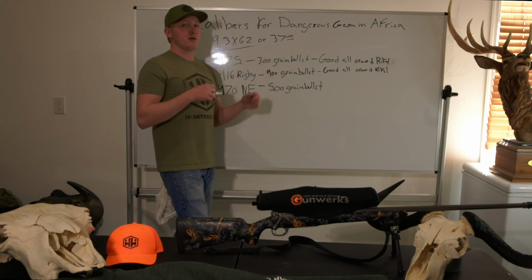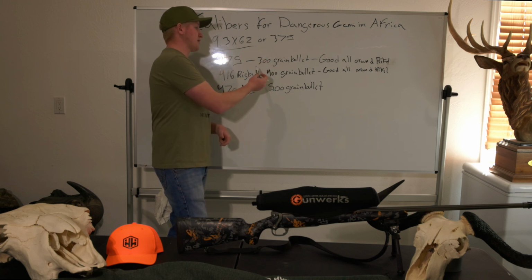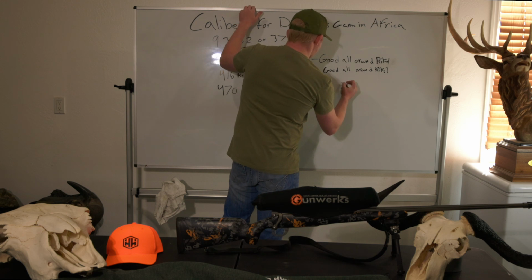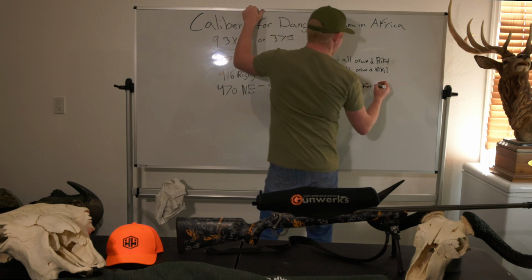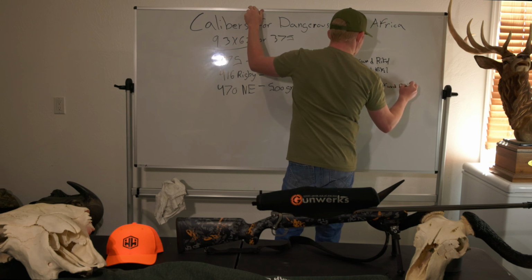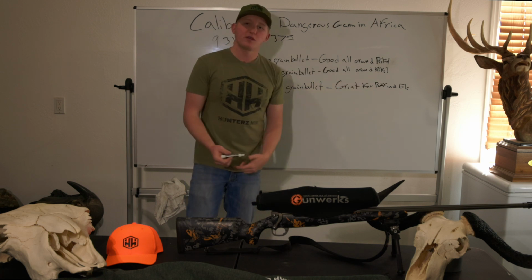A double's bam bam, both triggers right there, and you're also having a lot more punch and power than a 375 and a 416. So this is great for buffalo and elephant. Great for all dangerous game, but most commonly you're going to be hunting buffalo and elephant with it, because